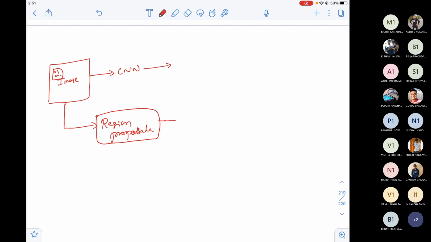Okay, now the CNN feature extraction part is this. The region that you proposed, this box, is projected to the CNN. The CNN also has a feature map representation, maybe feature maps with different shades, something like that. You will have an abstract representation. Now I'm telling that this is the output of the CNN, some abstract understanding of the entire image. Now what we have to do is project this proposed box onto the feature map.